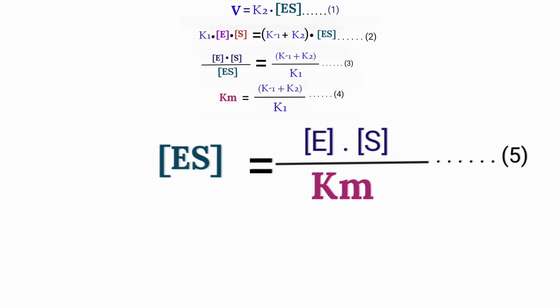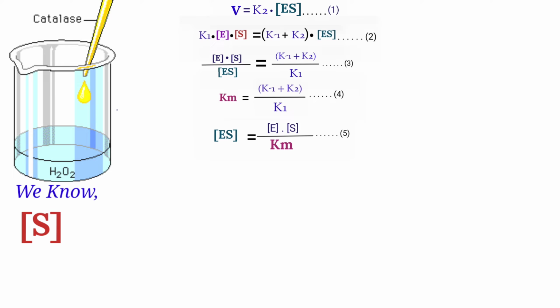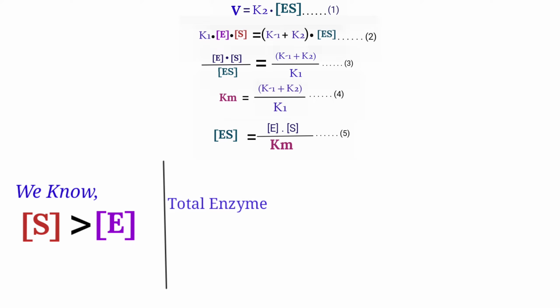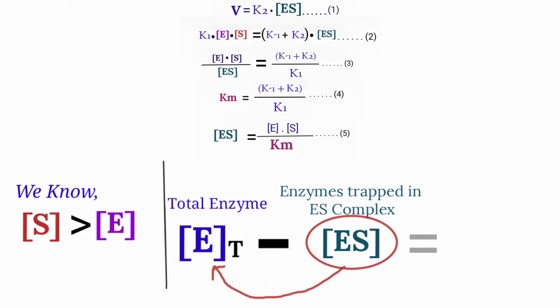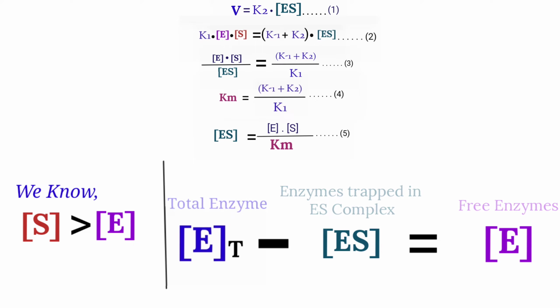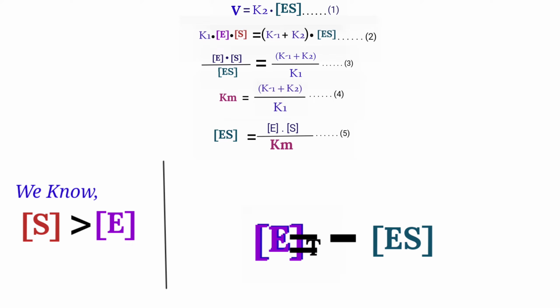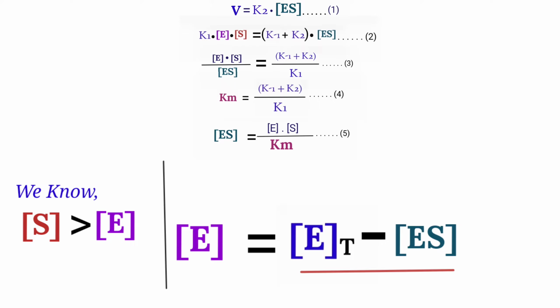which is very important. One thing we know: the substrate concentration is always and must be much higher than the enzyme concentration. So the total enzyme, which is represented as ET, if we find the enzymes which are involved in the enzyme substrate complex, and subtract these from the total enzyme, we will get the free enzyme concentration. So our free enzyme concentration equals the total enzyme minus the enzymes in the enzyme substrate complex, which is our